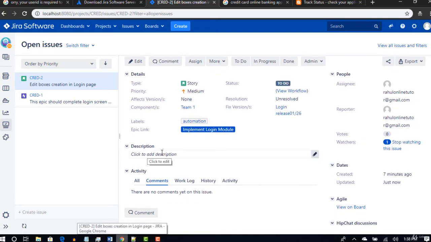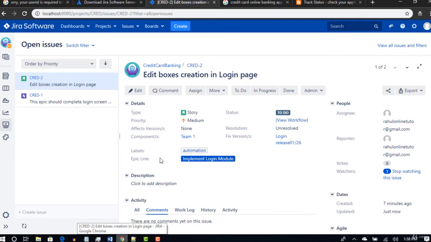We have still not talked about the description, which actually tells what to do in this user story, but the metadata, like basic details. This is a user story with medium priority, and it belongs to team 1 so that they can pick this user story. We are providing some labels to tell that this test is also automated, and the epic link tells which feature the specific story belongs to, and in which version it's going to get released into the market. And status, right now it is to do. There are different statuses as part of this workflow. I'll come to this again. Okay, so like this you will provide all the necessary details for your user story.